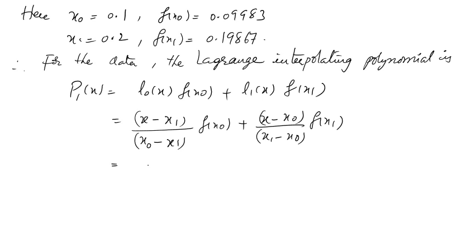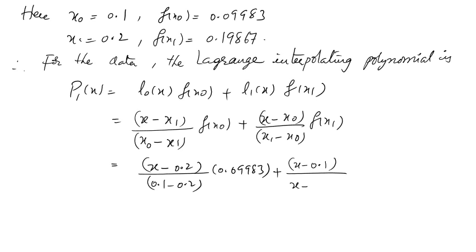So substituting all these values: (x minus 0.2) by (0.1 minus 0.2) into 0.09983 plus (x minus 0.1) by (0.2 minus 0.1) into f(x1), 0.19867. So after simplifying all this,